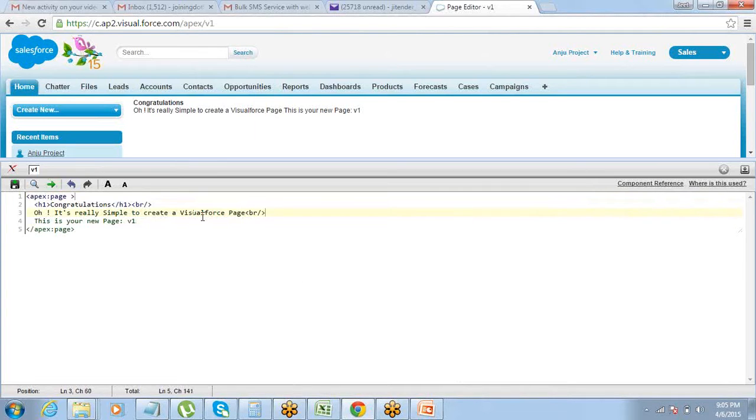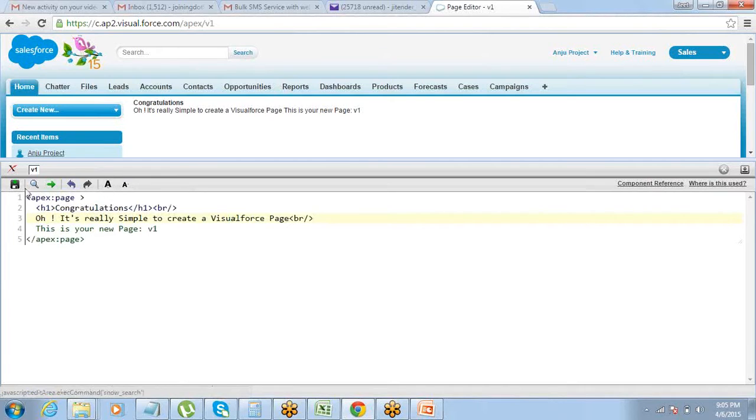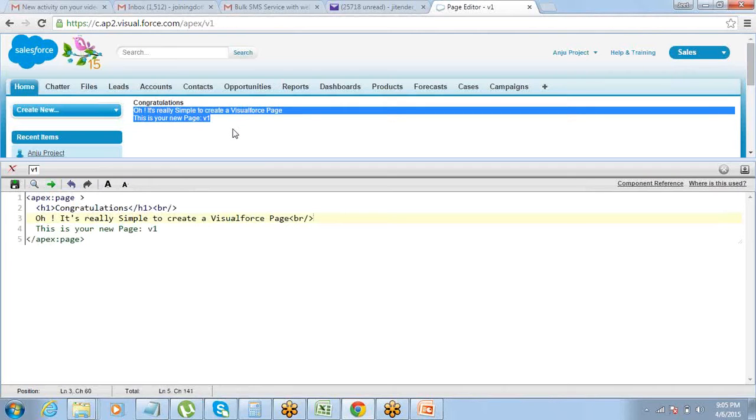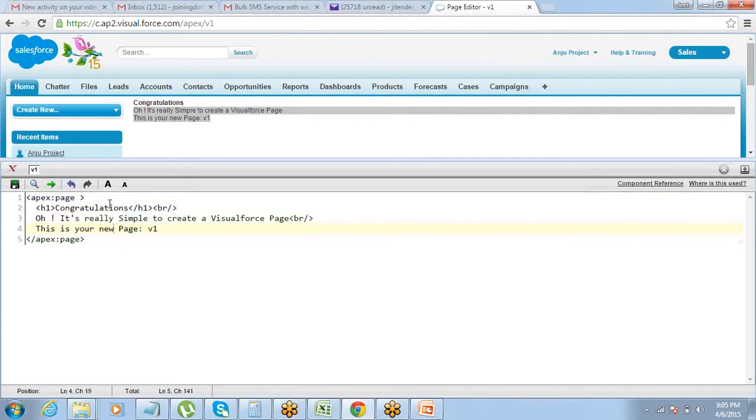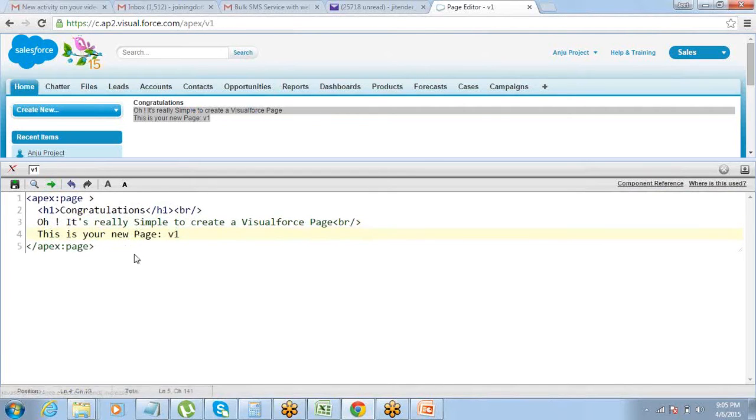When you make some changes on the code, you just need to come here and save the changes so that you can view the page, or have a preview of the page, how it's going to look after the changes. So this is how it looks. At this point of time, this page just has markups.